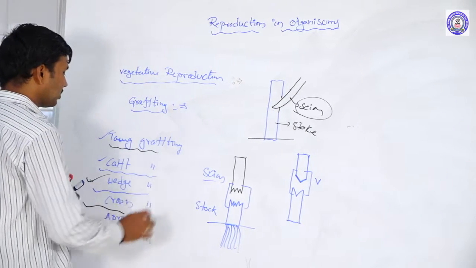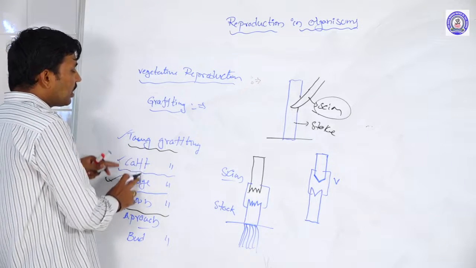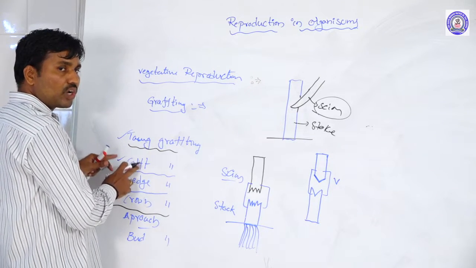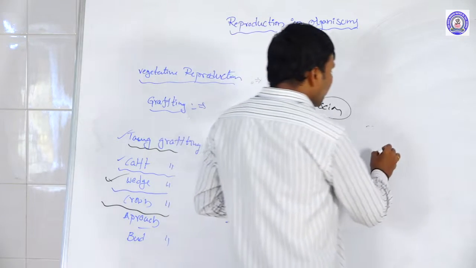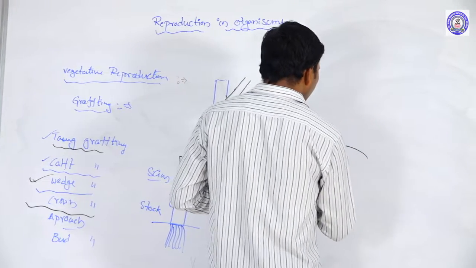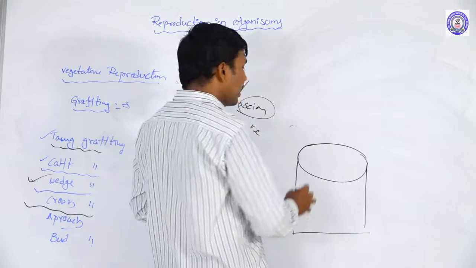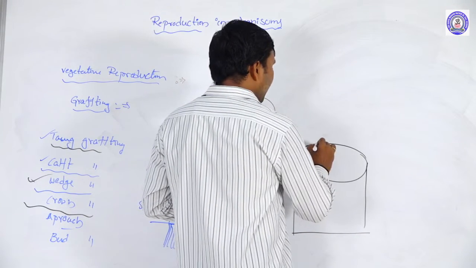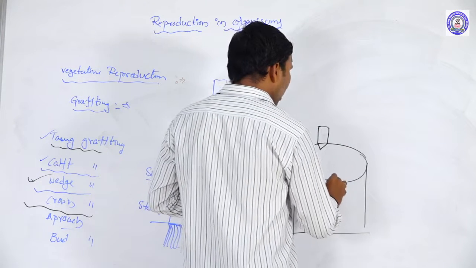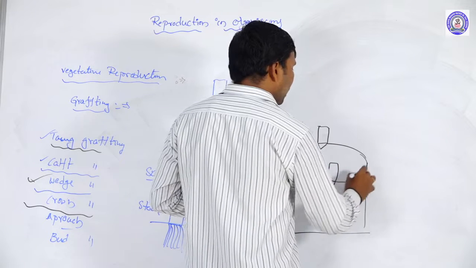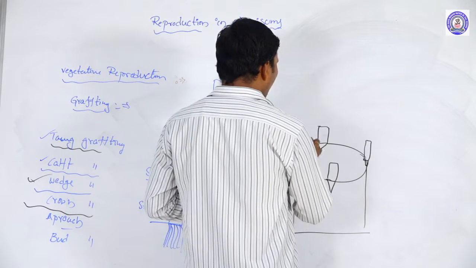And the crown grafting. In all three methods we have discussed so far, we graft only one stock with one scion. But in crown grafting, a larger diameter stock is present. Along its margins, a number of scions are placed, so a different number of plants are grafted, meaning we want one plant itself